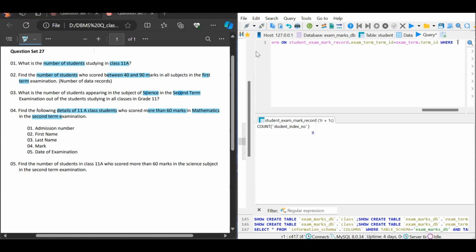We can give inside the quotation marks the class name equals to inside the quotation marks 11A, and then we can use the and keyword here, and then we can give inside the quotation marks the subject name equals to inside the quotation marks mathematics, and then again we can use the and here, and inside the quotation marks we can give the term name equals to inside the quotation marks the second term, and